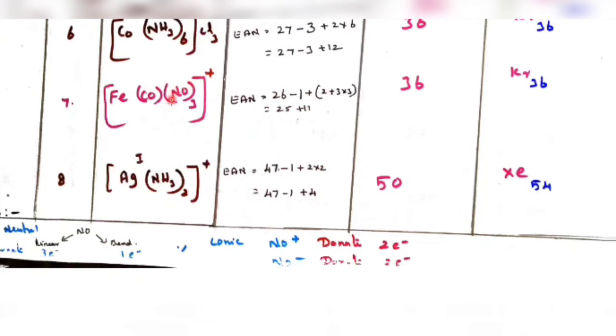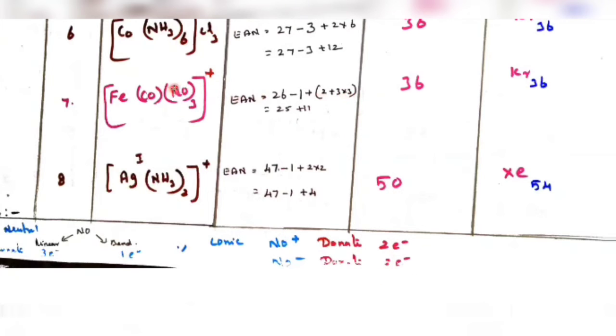This is a very, very important question. You should notice in what state this nitrosyl group is present. If the nitrosyl is neutral, it is in a linear form, the ordinary form. Sometimes it is a bent form, which means it donates only 1 electron. In linear form, it donates 3 electrons. If it is NO plus, it donates 2 electrons, so easily we can multiply 3 into 2. And even NO minus also donates 2 electrons.